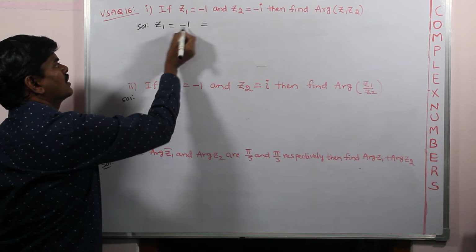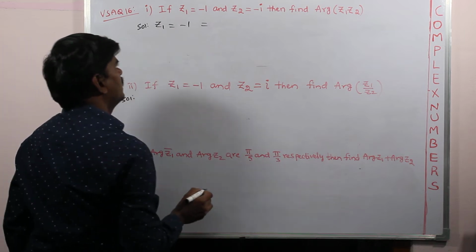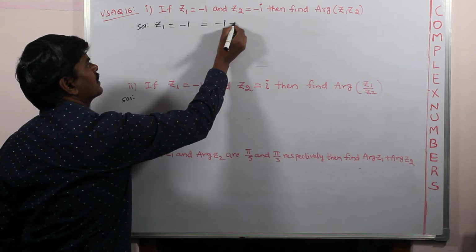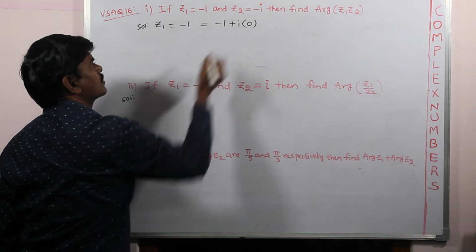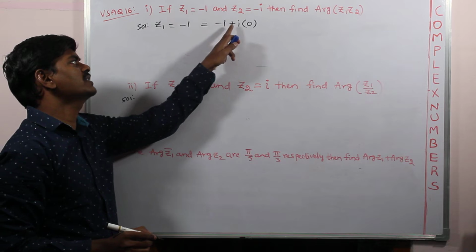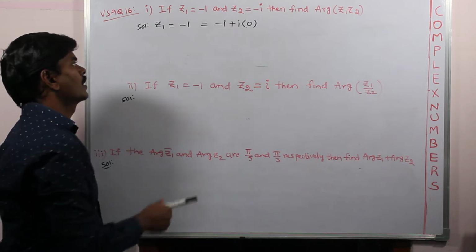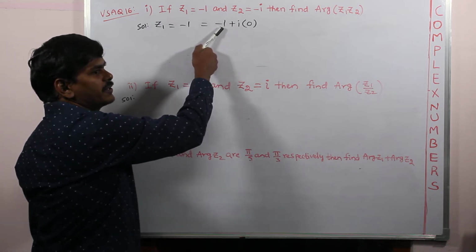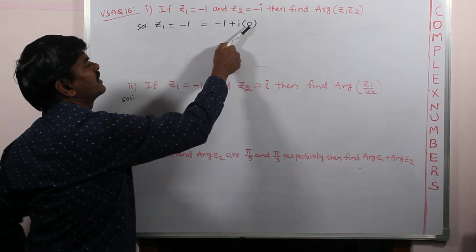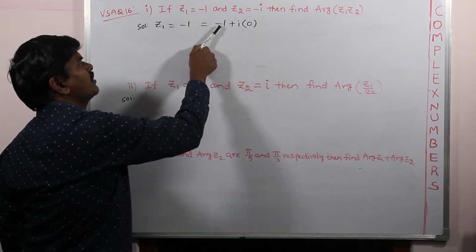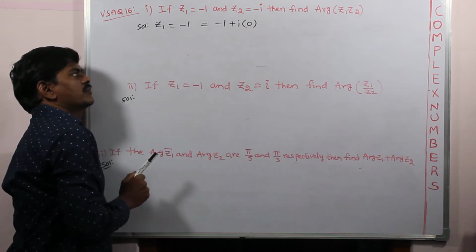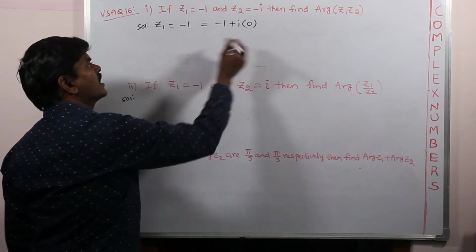So you see z1 = -1. First of all, let's have the x plus iota y form. Simply we have x only, so create iota. Without changing its value, -1 can also be written as -1 plus iota into 0. Here we need to introduce the cos term in place of -1, and the sin term in place of 0. So for what angle does cos value become -1?